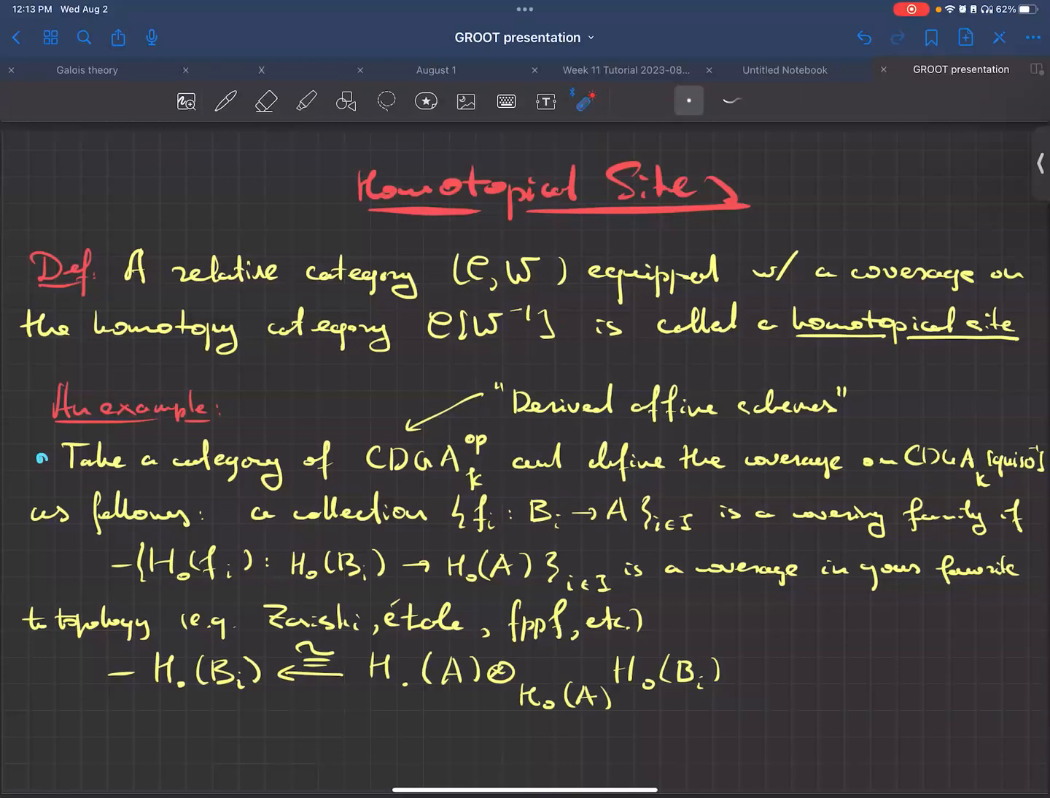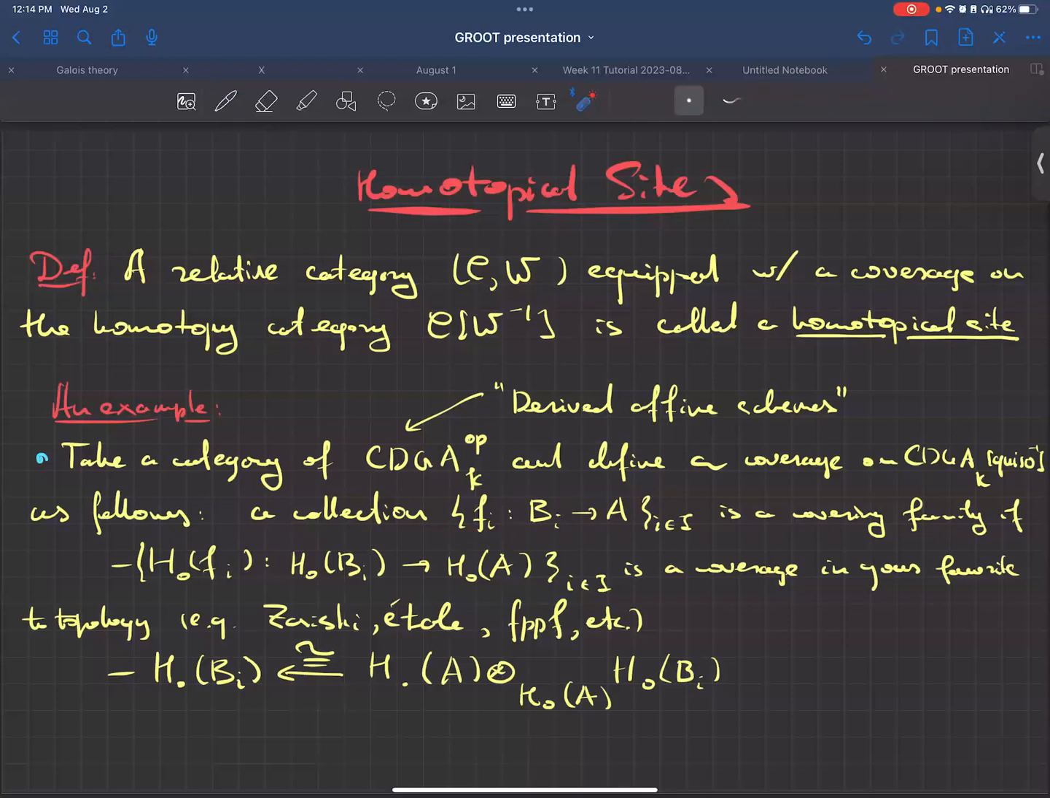So we can consider a category of commutative differential graded algebras over K, where K is, for example, a field of characteristic 0. Then we take the opposite category, and we do this because we want to work with spaces instead of algebras. So we need to take an opposite category. And then we define the coverage on commutative differential graded algebras as follows. So it's a collection of